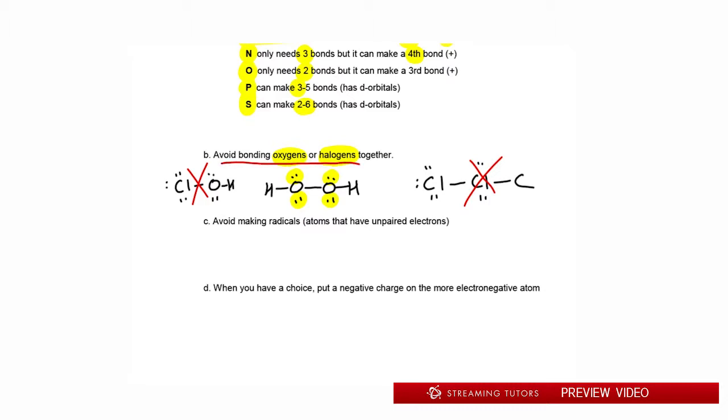All right. The next thing is avoid making radicals. Now, what do I mean? If you have, let's say, a carbon, and you want to give it electrons, non-bonding electrons, meaning they're not shared with any other atom, then the chances are give it a pair before you go ahead and give it one. Don't break electrons up. Don't split them up. So like give carbon 1 and then the neighbor atom 1. Try to give one of those 2 atoms 2 instead. That's the point of this. Now again, radicals exist. So it might be that you're dealing with a radical, but that wouldn't be your first guess. Okay, this is all about trends that you typically find. And so drawing a radical